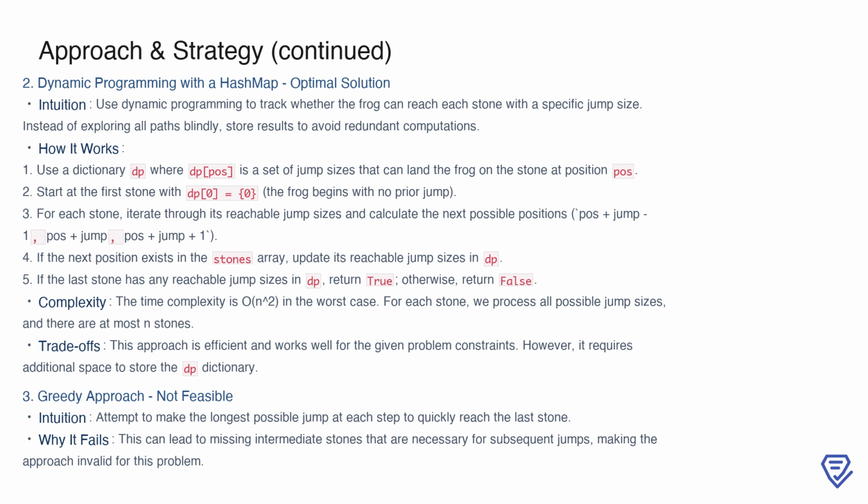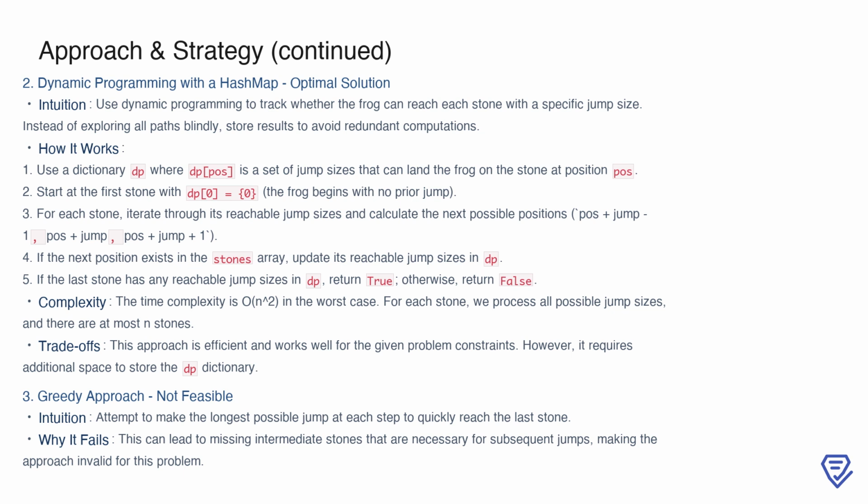If these positions are valid stones, we update their reachable jump sizes in the dictionary. The solution boils down to checking if the last stone has any reachable jump sizes. This approach has a time complexity of n², as we process all jump sizes for each stone, making it efficient for the given constraints. While it requires additional space for the dictionary, this trade-off is justified by the significant reduction